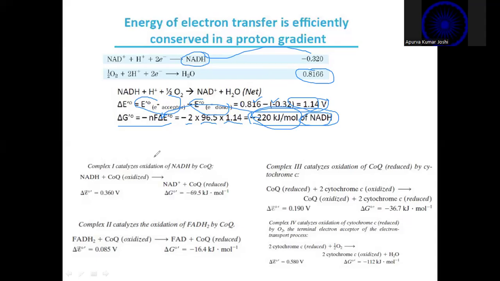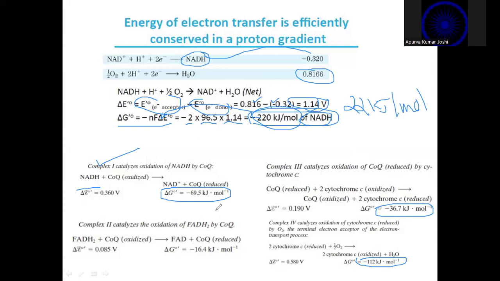Okay. Now, what I have done is I've listed here the delta G naught values for individual complexes. Just have a look at it. Complex 1 has got a delta G naught value of minus 69 kilojoules per mole. Complex 3 has got a delta G naught value of about minus 37 kilojoules per mole. Complex 4 has got a delta G naught value of about minus 112 kilojoules per mole, which is far greater than 22 kilojoules per mole, which is required for pumping protons into the intermembrane space. So all these three complexes are energetically sufficient to pump protons, and therefore they pump protons into the intermembrane